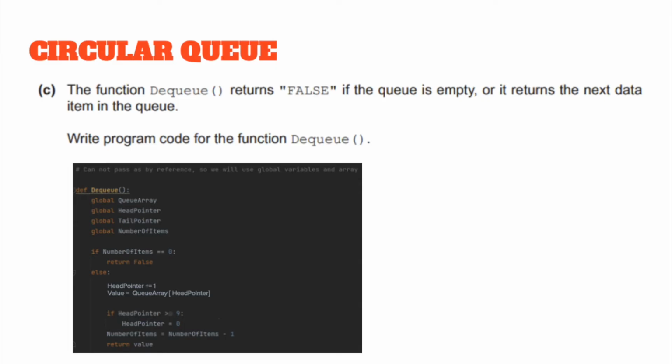Write program code for the function dequeue. So pause the video and have a look at the code. You should probably be picking up a pattern here. We can't pass anything by reference, so we're going to use global variables and arrays, and in our function we've